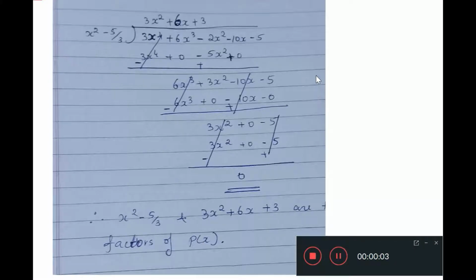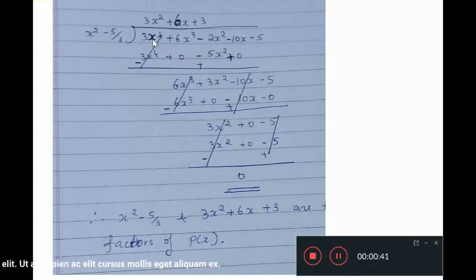So here we are performing the division of the given two polynomials. We need to write it down in the format. Here we have the divisor and this is the dividend. Over here we have the quotient term. How to obtain that, that's what we are going to discuss. The first term in the dividend is 3x to the power 4, and the first term in the divisor is x square. So first of all, we need to eliminate this particular term 3x to the power 4.